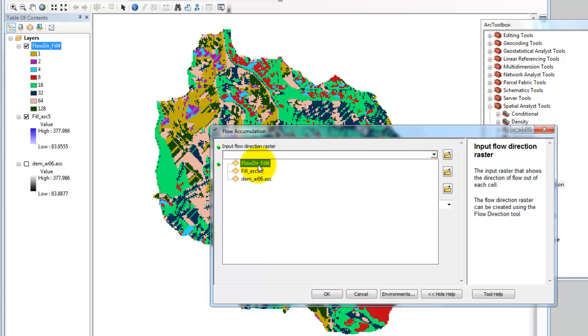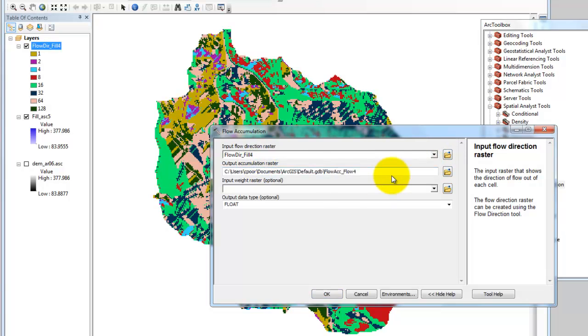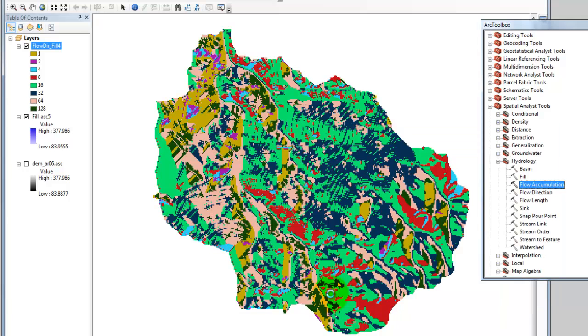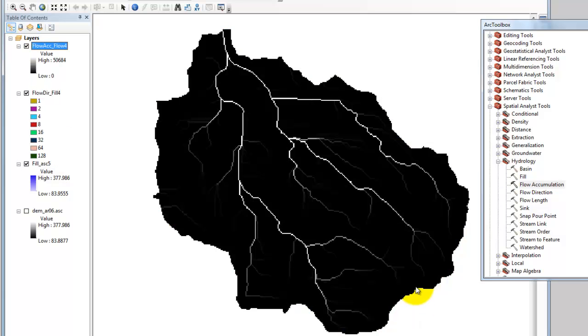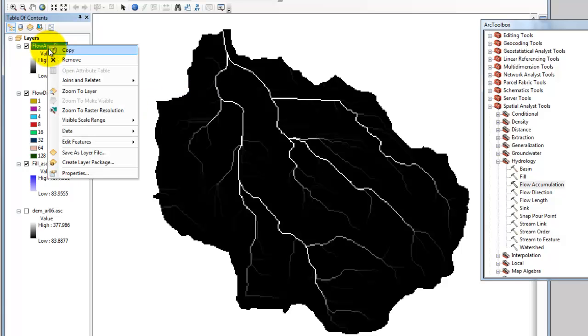The next thing I need to do is flow accumulation. So input flow direction raster. So there's my flow direction raster. Here's my output. Hit OK. It's processing down here. Okay, so now I have this nice flow accumulation, and you can see the stream networks start